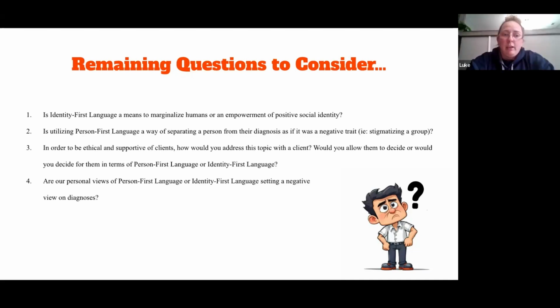That brings us to our second one, which is: is utilizing person first language a way of separating a person from their diagnosis as if it was a negative trait, like stigmatizing a group? And I have to agree, it does make it seem more of a